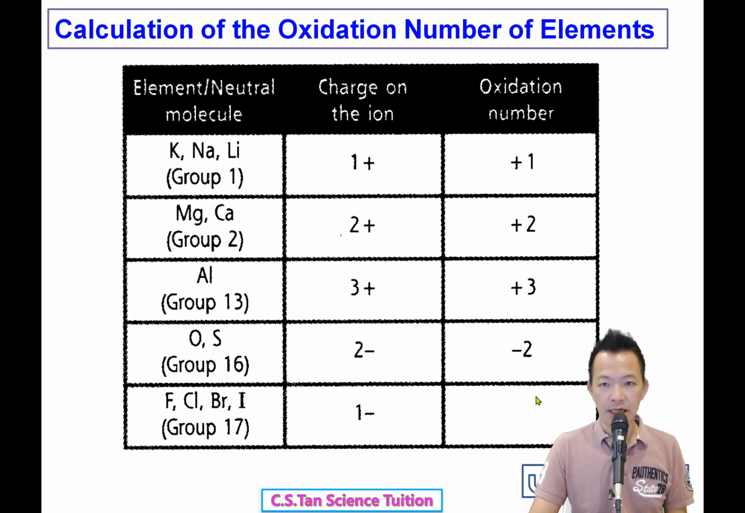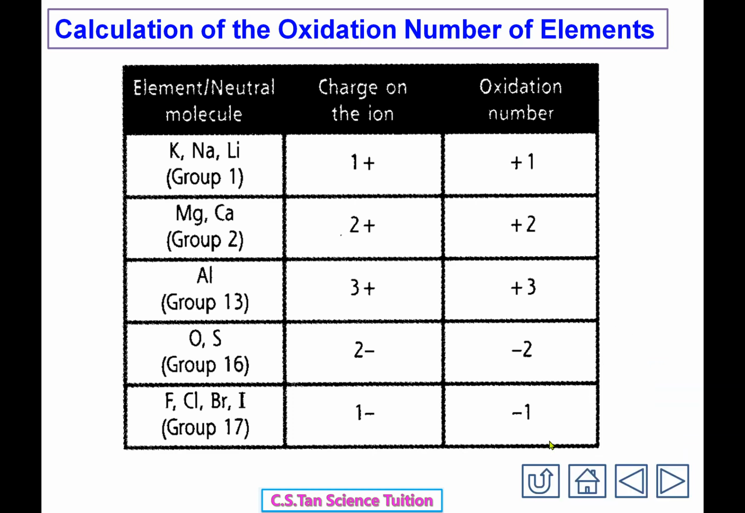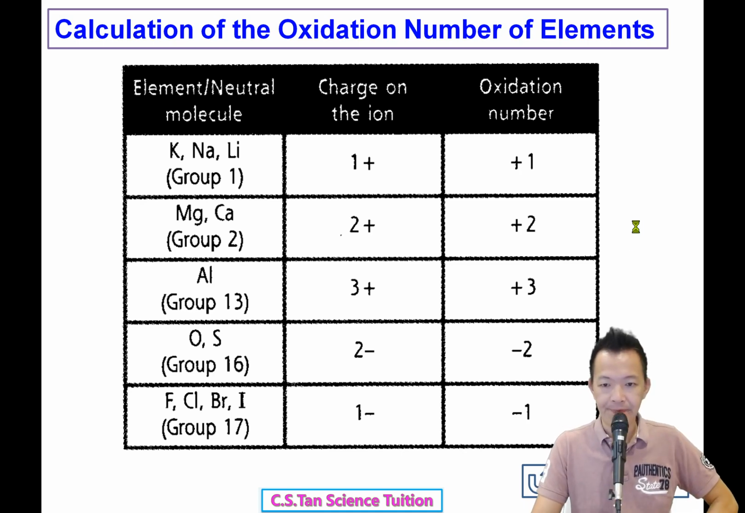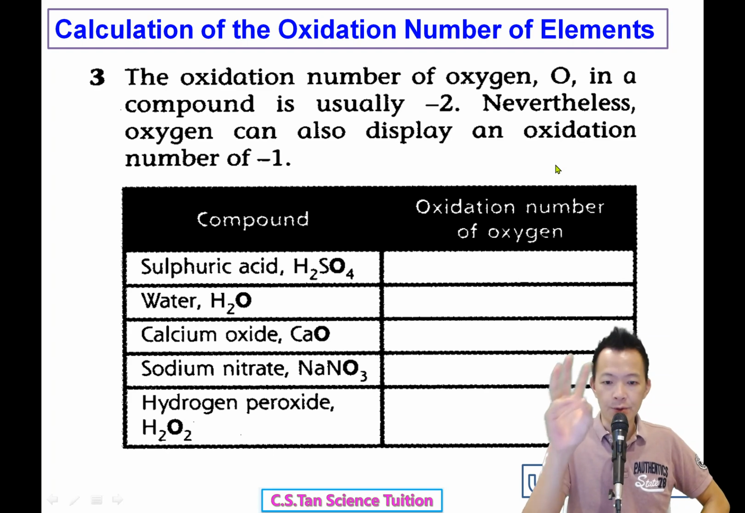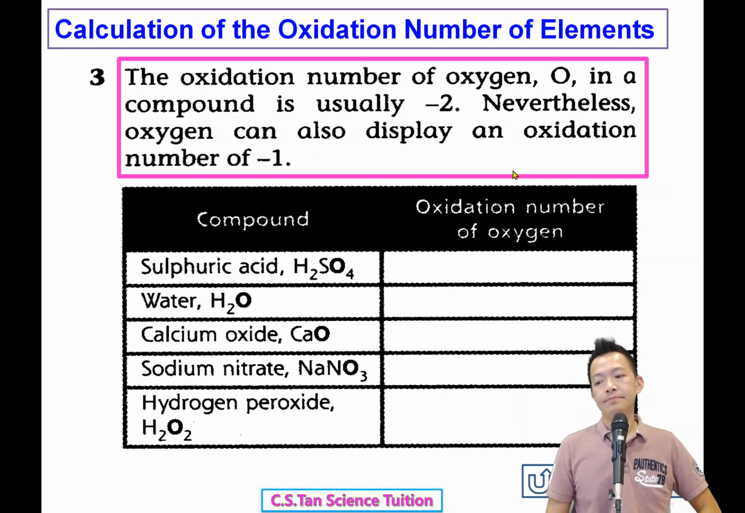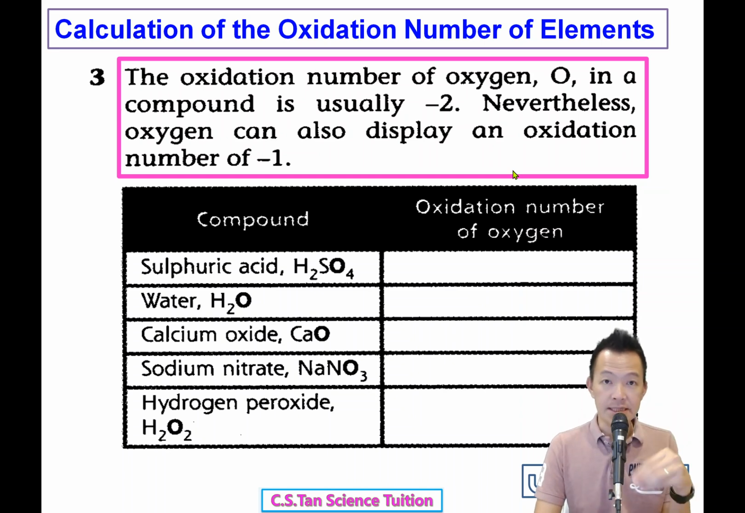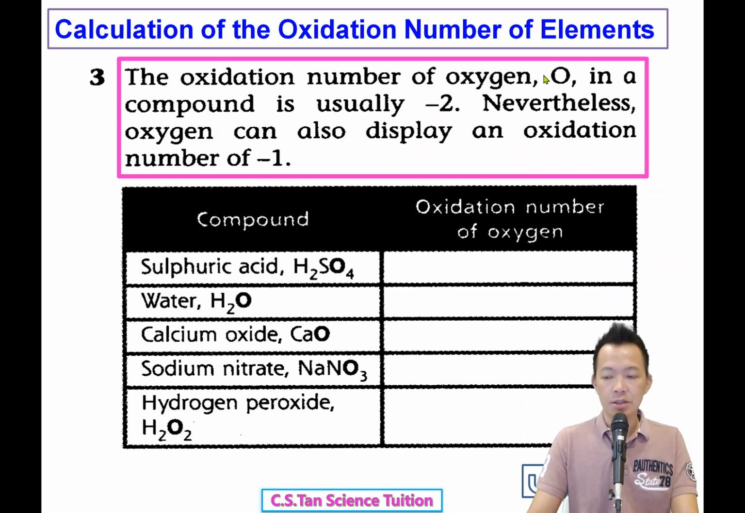So the oxidation number is negative 1. Okay, I continue. Next, the third rule. Highlight first. Remember, you are just responsible to understand. So number 3, the oxidation number of the oxygen in a compound is